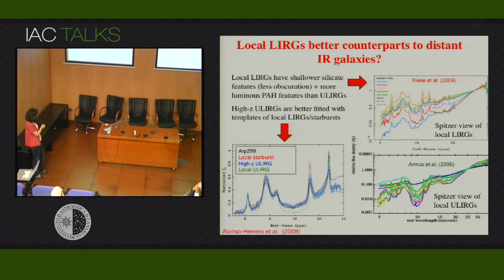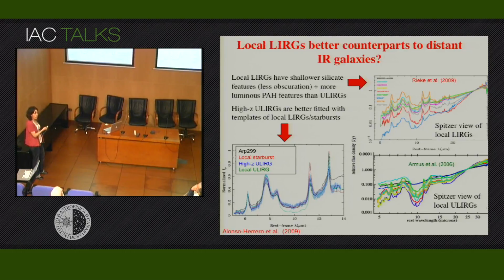This was done with IRS on Spitzer. If you look at the, of course you can't see much of the slides, but what is interesting is that in terms of their mid-infrared spectra, they look more like LIRGs than local starbursts, not like local ULIRGs. A local ULIRG would have a very deep silicate feature. And here I just plotted, I don't think you can see it, in green. So basically it's clear that there is something happening at high redshift that is not quite like in local ULIRGs,